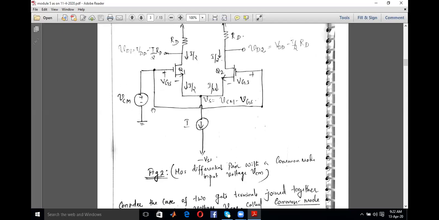So this is your input point VCM. So from this input signal, a portion is getting dropped across VGS. The remaining portion will appear across this particular point, that is the source. Okay. So you can write the source voltage as the total voltage minus VGS. So Vs is equal to VCM minus VGS. If any doubts, you can unmute yourself and ask. No issues. So Vs is equal to VCM minus VGS. So this is the total voltage appearing across the source.